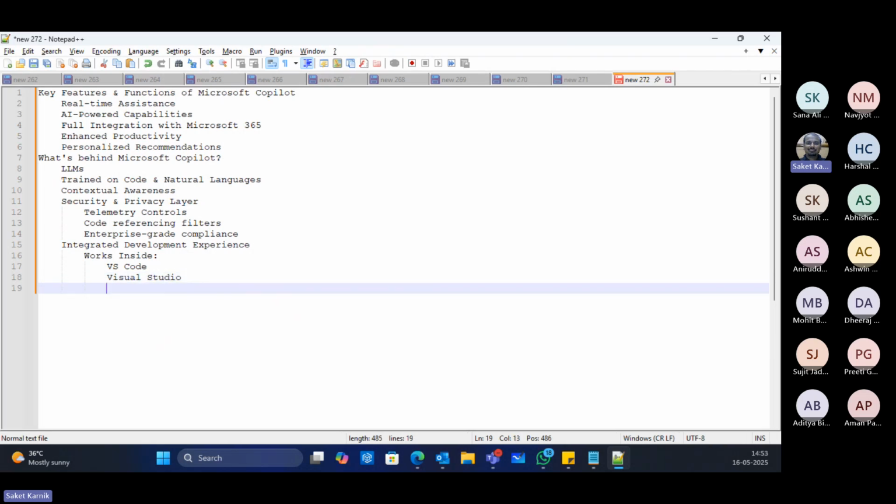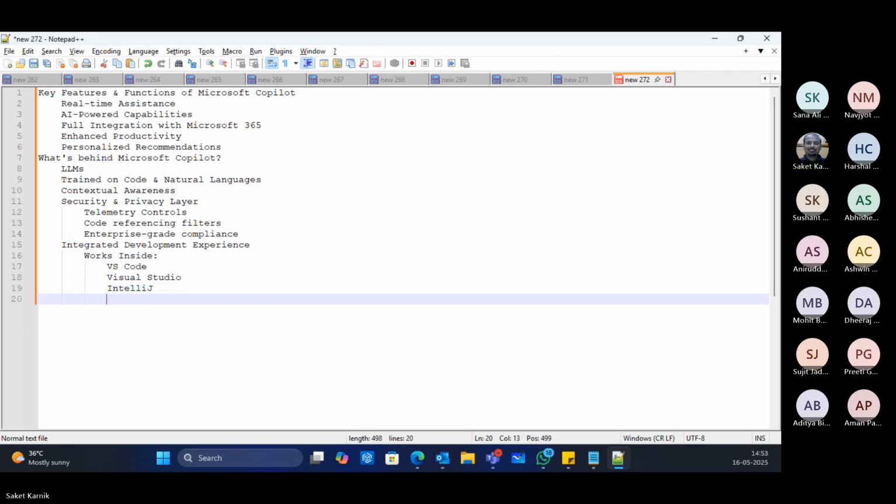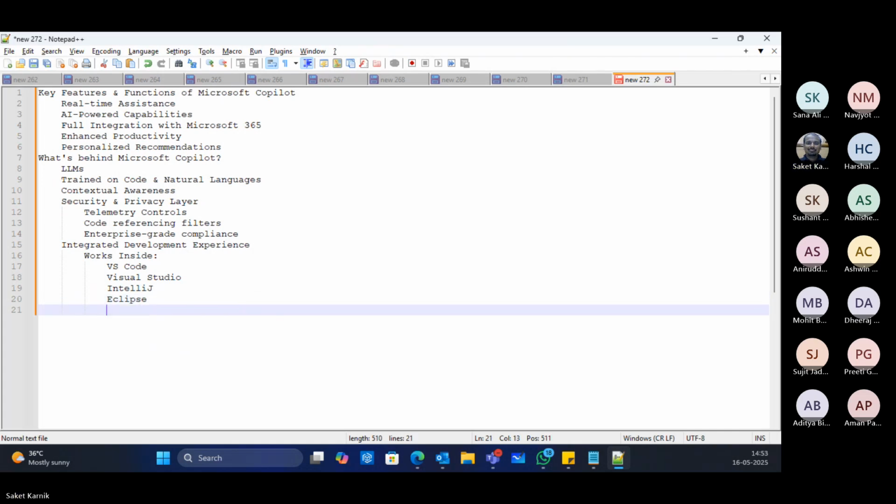Then you have IntelliJ, which is supporting this. Then Eclipse, which is a very popular IDE used for Java-based development, right? There is another one called JetBrains IDE.